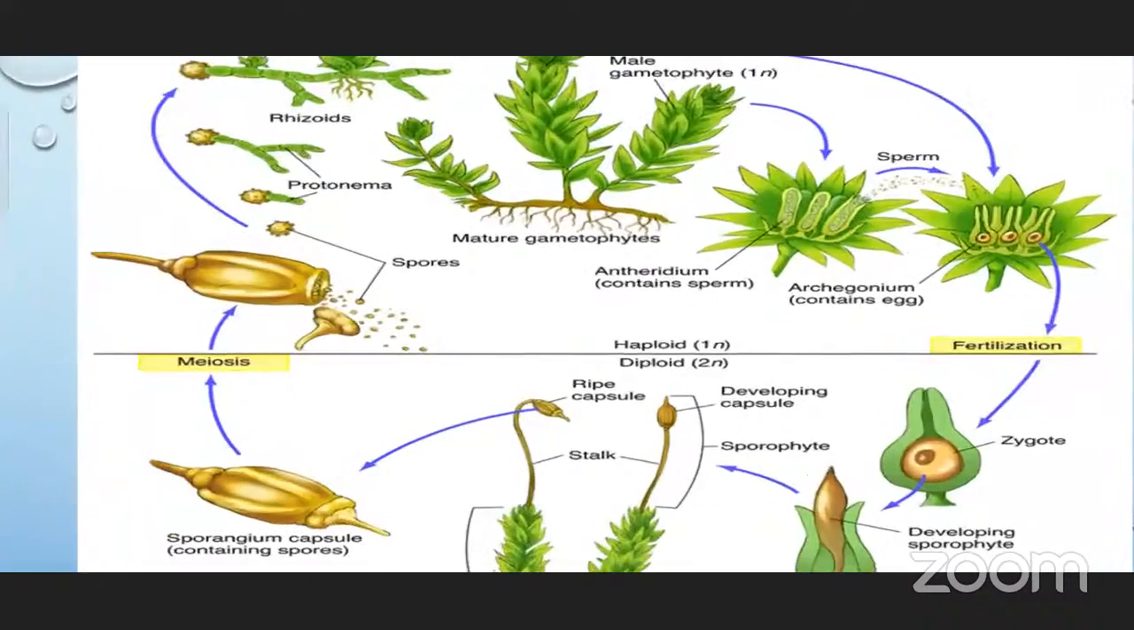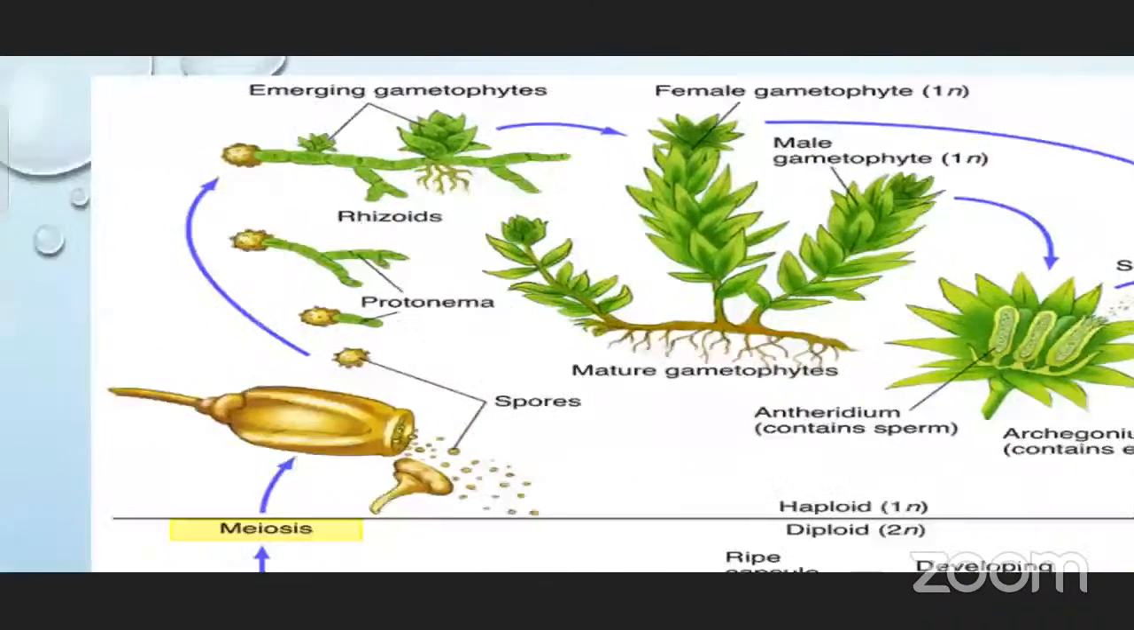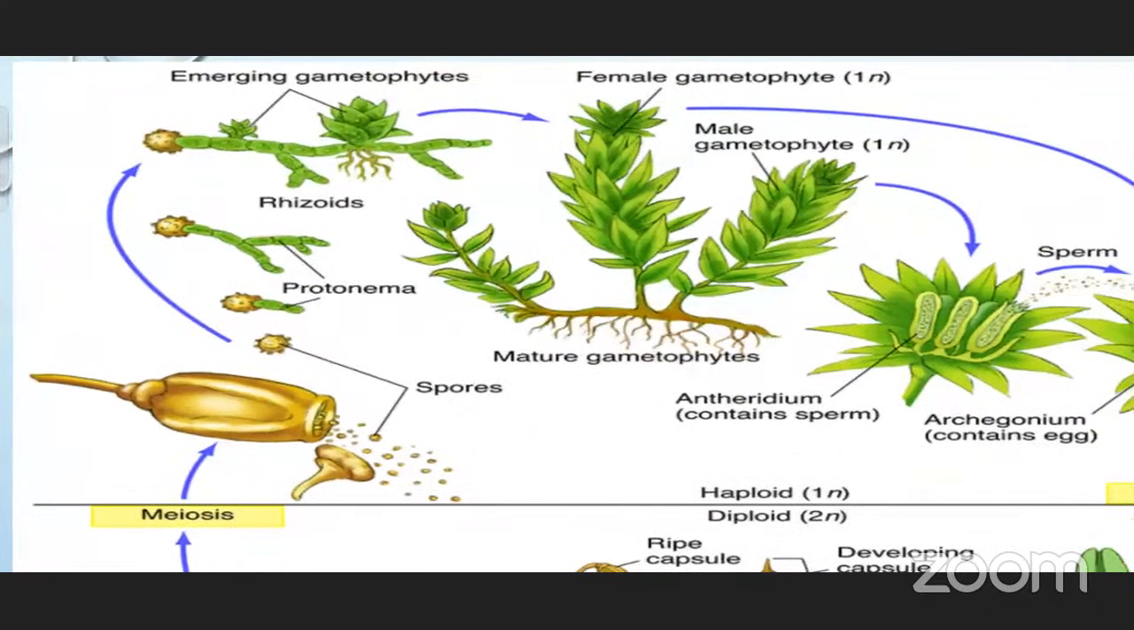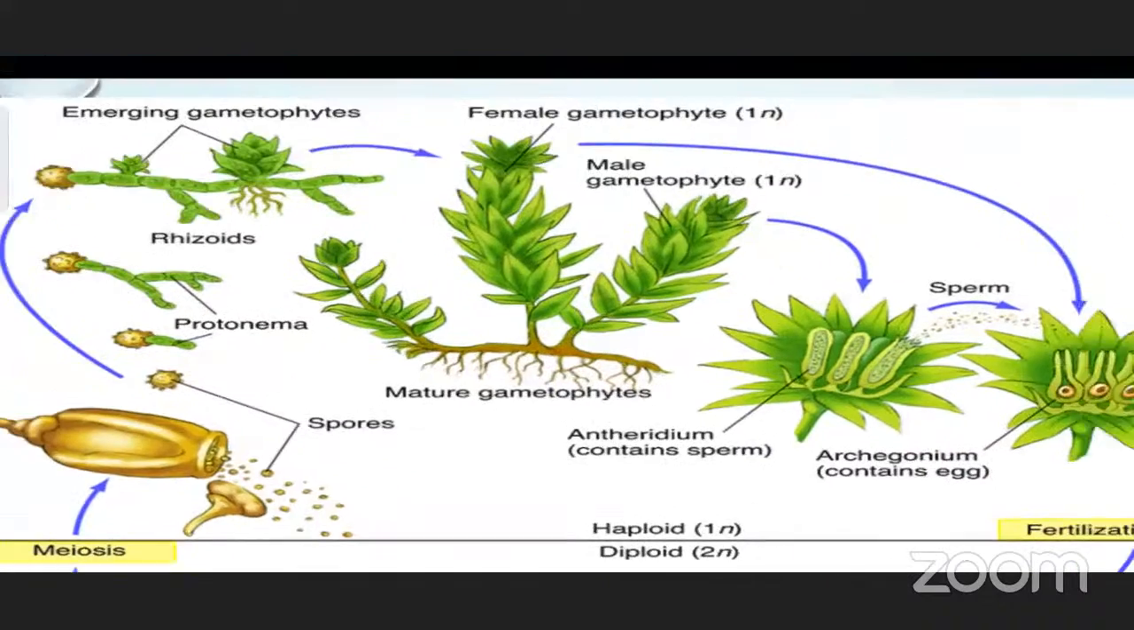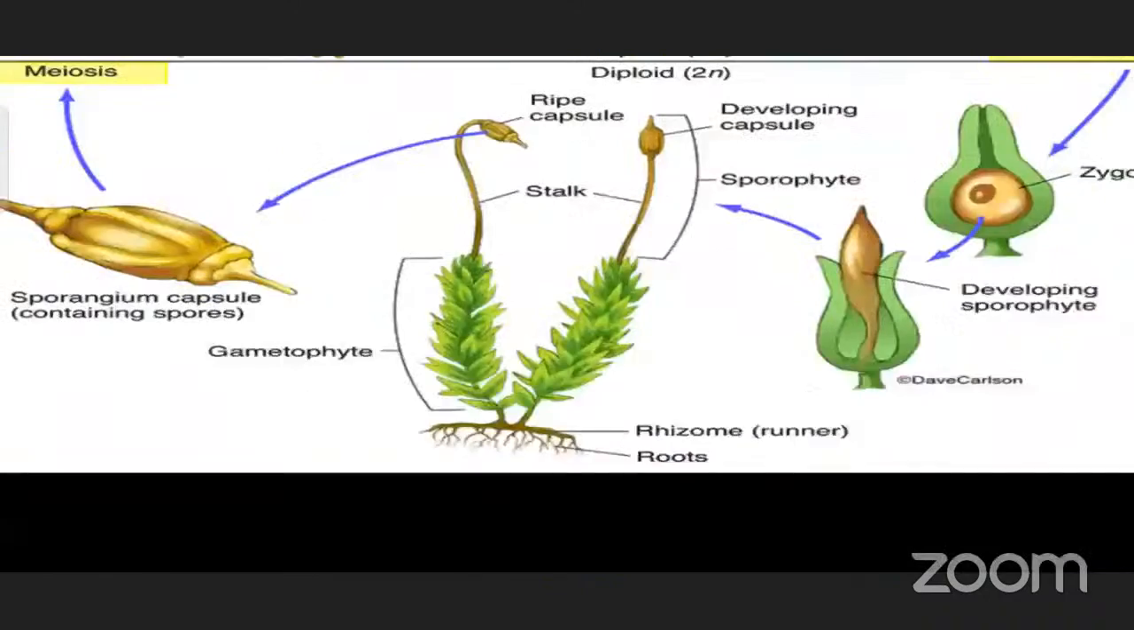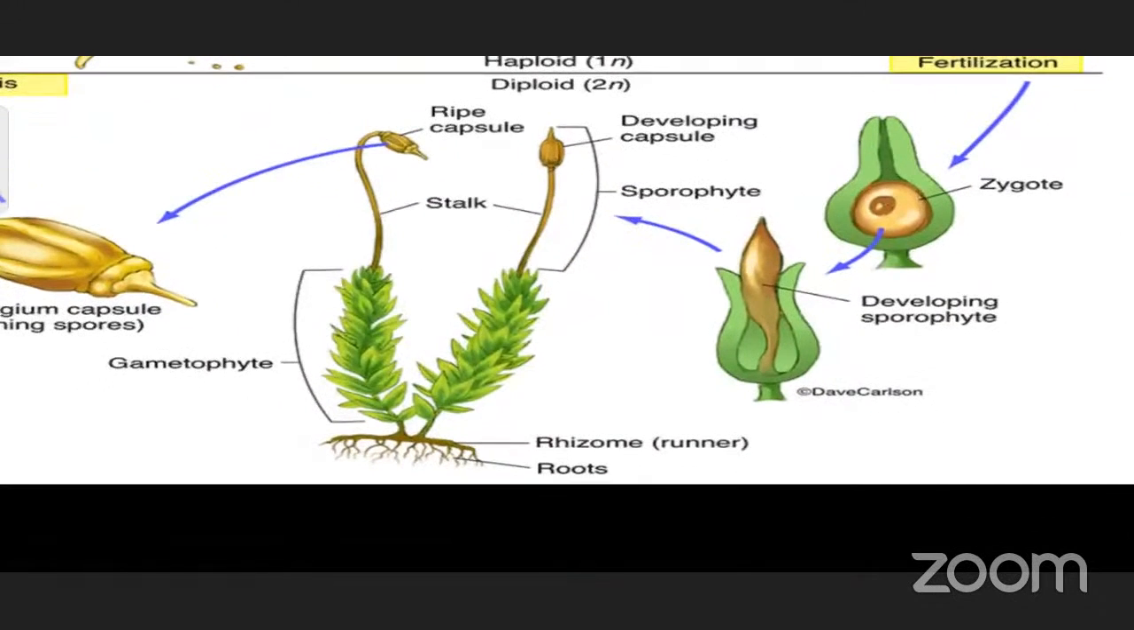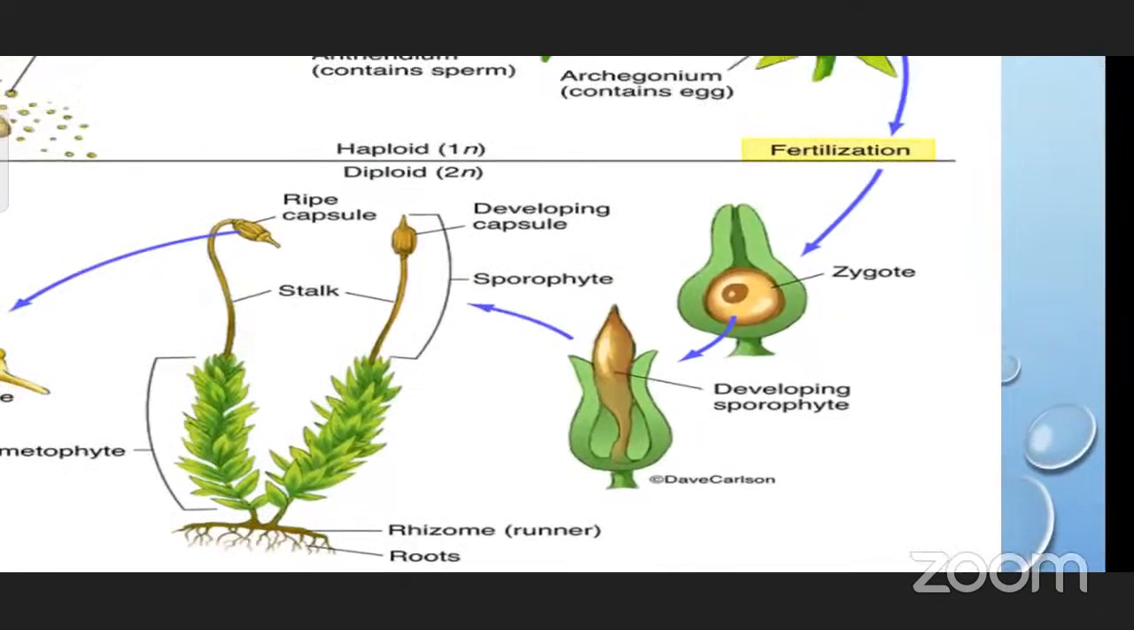So here you can have a clear vision of these emerging gametophytes. Antheridium, and here you can see rhizome is there, Funaria, and here a ripe capsule is there. This is the stalk or seta, developing capsule. This is a sporophyte. You can see the sporophyte here, how it will be. The developing sporophyte here,